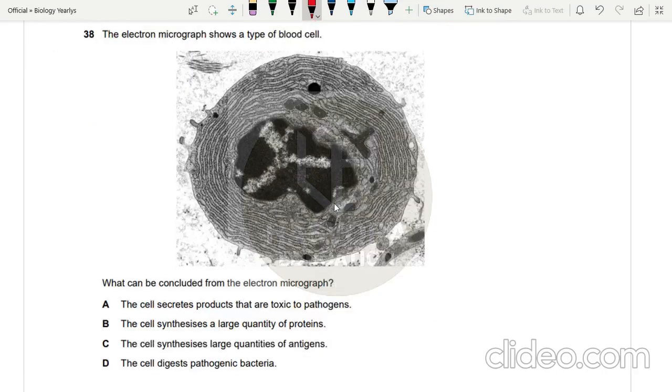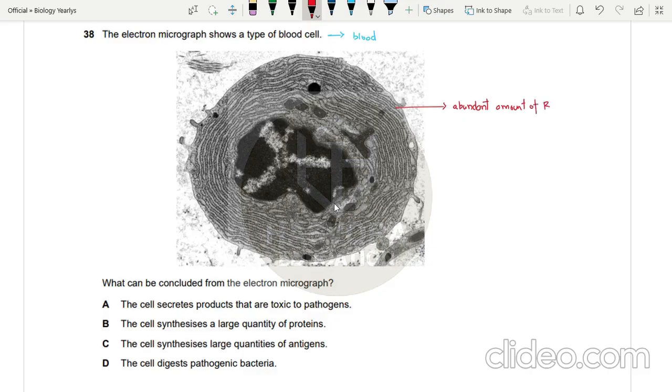The other question says the electron micrograph shows a type of blood cell. So now they have given you the hint that it is a type of blood cell. Now it can be a red blood cell, or it can be a white blood cell, but we have to identify from its structure. Let's have a look. So now first of all, before looking at the options, you can see here that there is an abundant amount, almost all of the cell is covered in rough endoplasmic reticulum. You can clearly see it. Okay, so an abundant amount